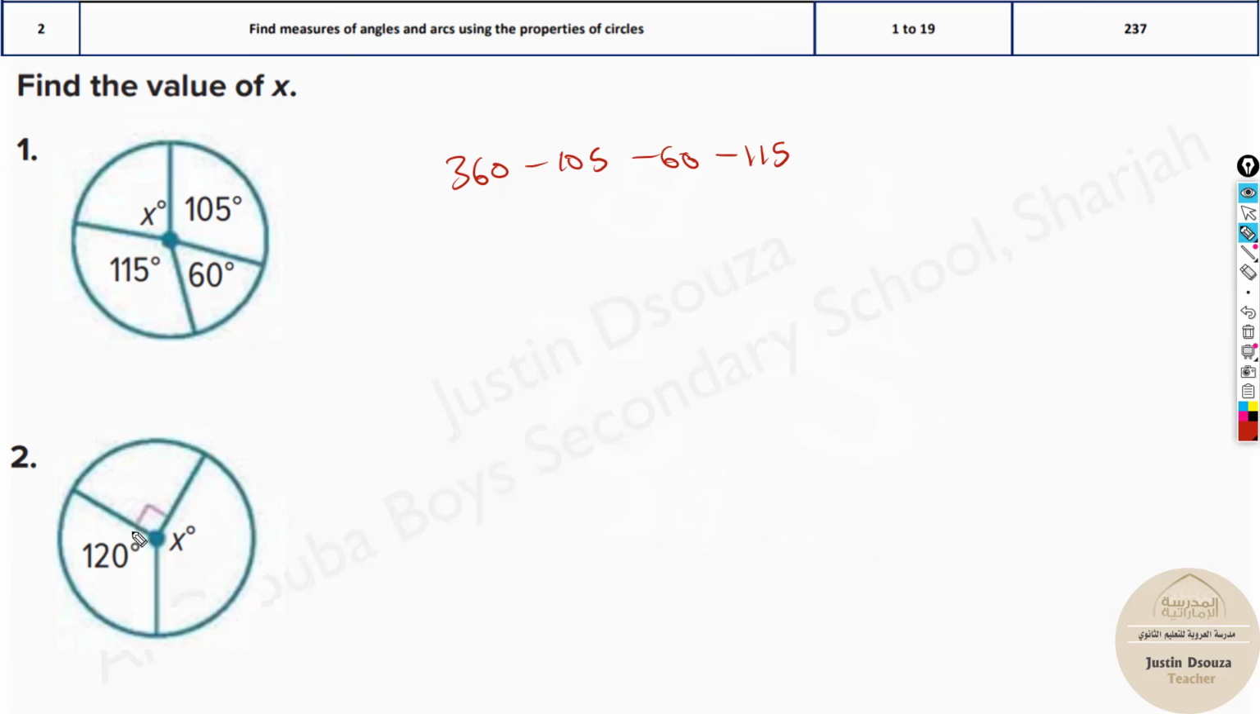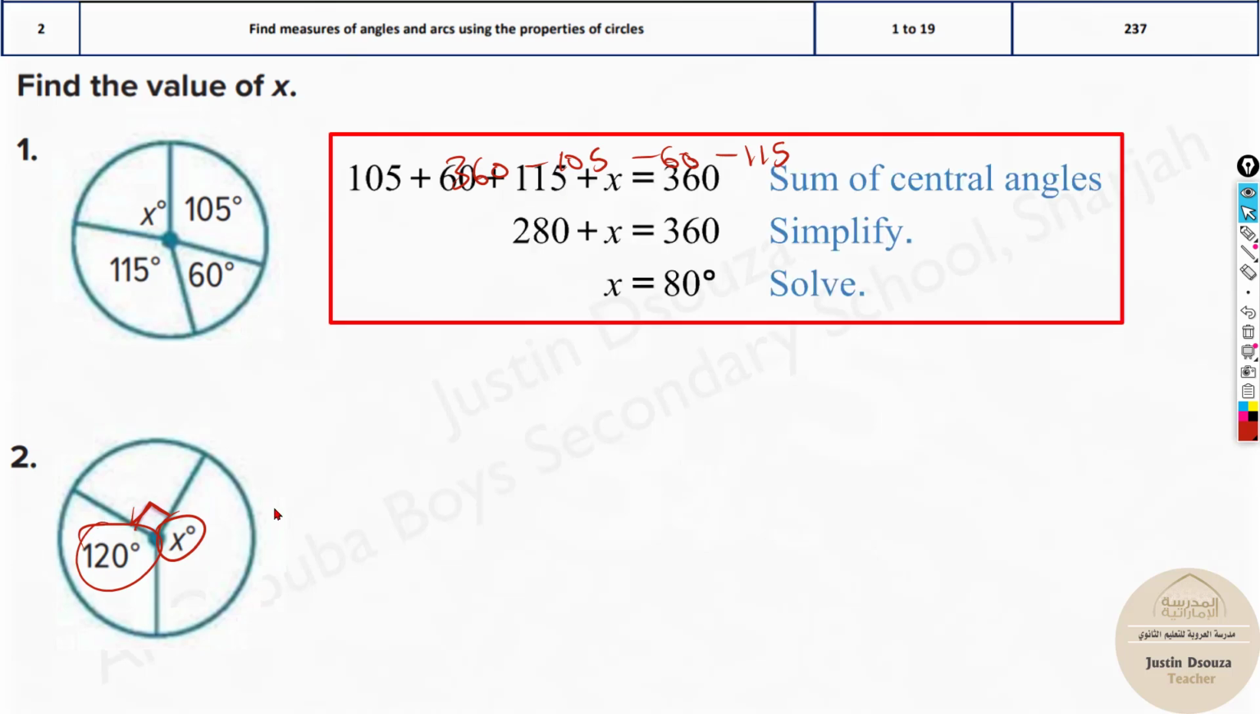And over here, they have not given all the three sides. One side is 120, one is x. What does this mean? This means it's a 90-degree angle over there. So we know the 120, 90, unknown x can be easily found out by subtracting these both from 360. You can see here